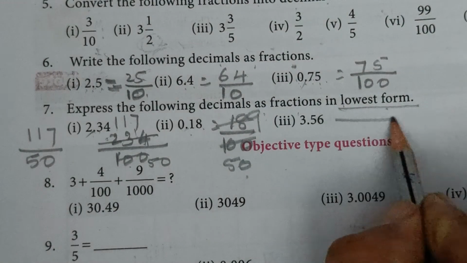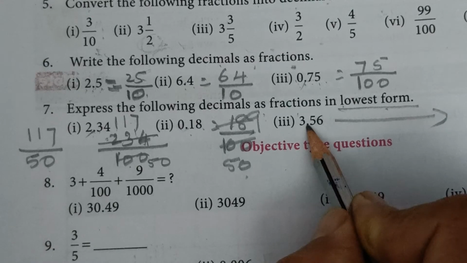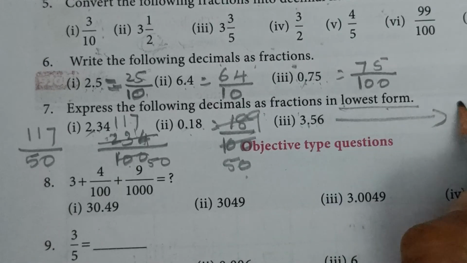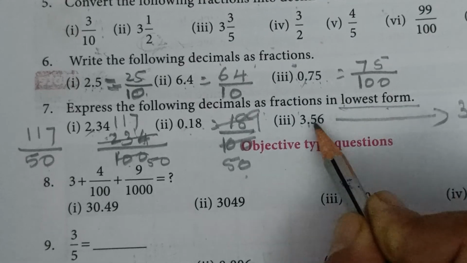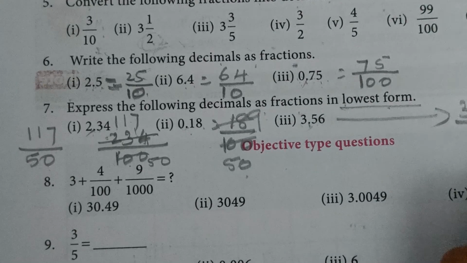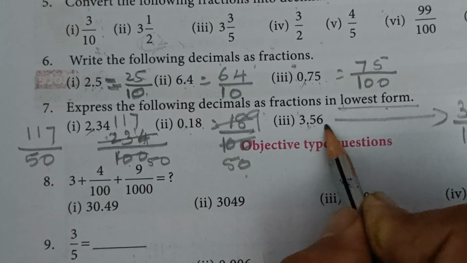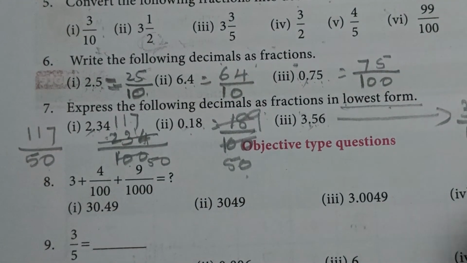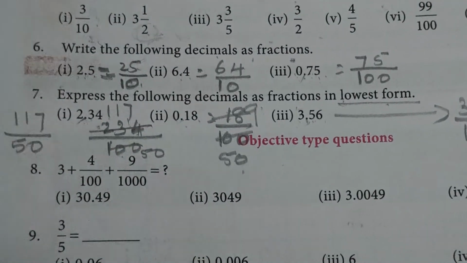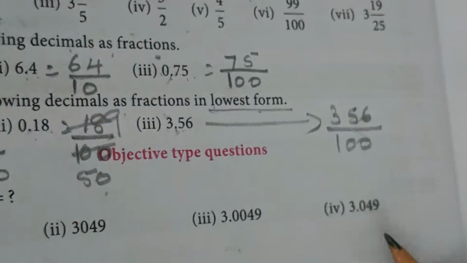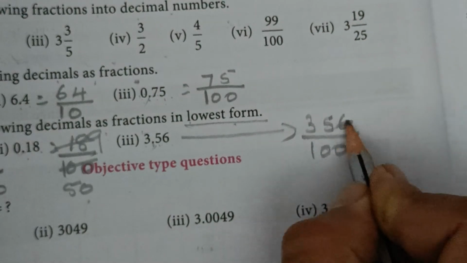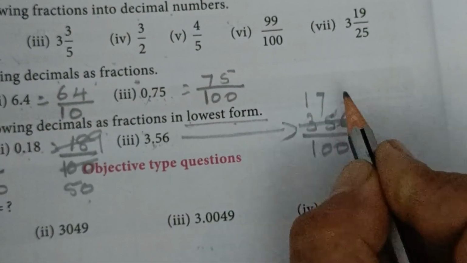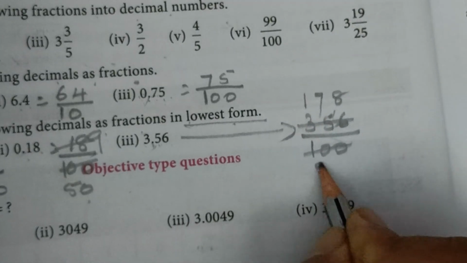And look at this, we'll do the sum here. Take out the point, it is 356. Combine both whole number and decimal part. Just leave the point and put together. By 1. After 1, 2 zeros. So put two numbers, put 2 zeros. Ending with 6 is an even number and 100 is also an even number. So we can cancel by two tables. 2 ones are 2, remainder 1, 2 sevens are 14, remainder 1, 2 eights are 16, 2 fives are 10